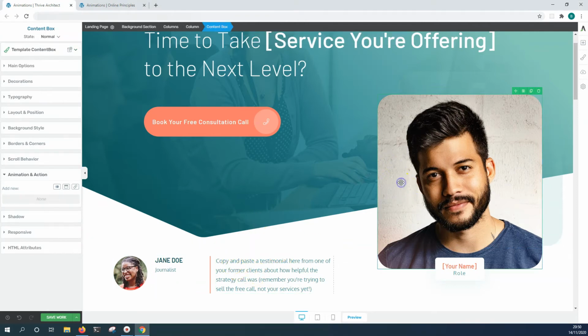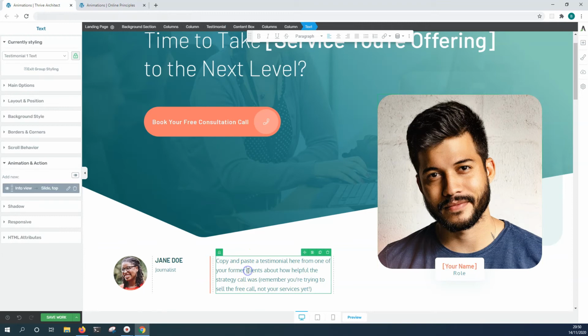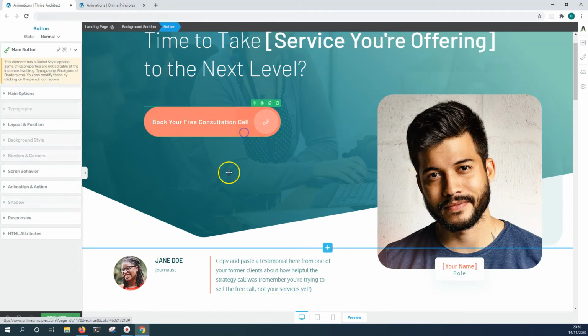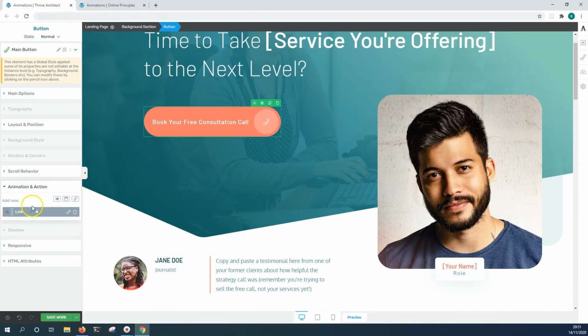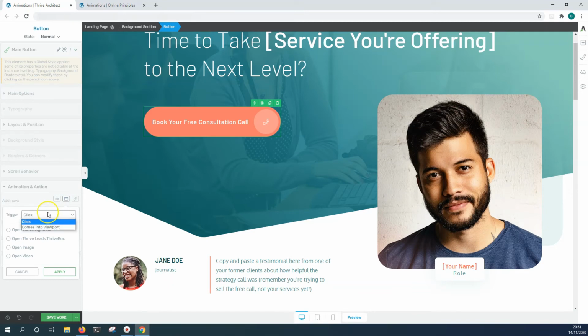So you will notice that not all elements have all the possibilities. For example, for an image, we can add CSS animations, you can use pop-ups to appear or create a link. For text instead, we can use just CSS animations. So let's try to select this button and we will use, for example, a pop-up. We can select how we're going to trigger this pop-up: by clicking or when it comes into view. Let's select on click. So when someone clicks on this button, for example,